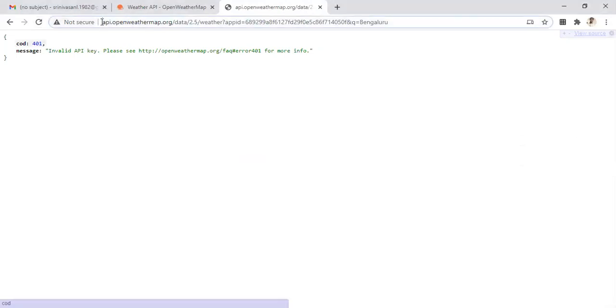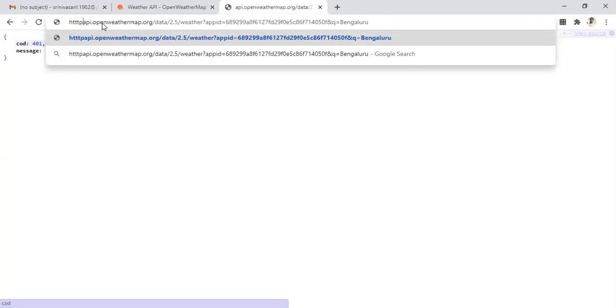Maybe HTTP. Let's give this protocol also.